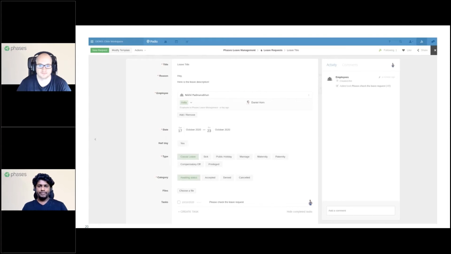Here the leave just came to Podio, and you can see there is an automated task assigned to the HR. It is basically a Podio flow. That's nothing to do with the workspace, but an item has been created using the API, and a task has been assigned to the HR. So now the HR knows there is a new leave request in the system. In the next screen,